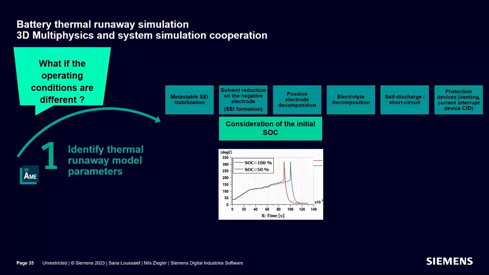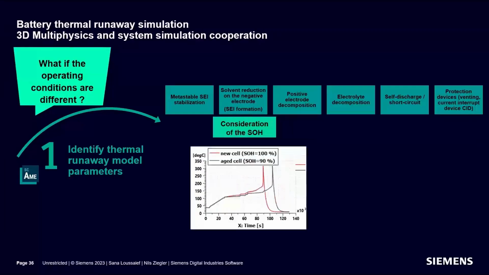I previously mentioned the thermal runaway dependency on the temperature and the reactants amount. But this is not the only operating condition considered here. Indeed, the model accounts for the initial state of charge, which has a strong impact on the 2 reaction rates over here. On top of that, the state of health of the cell is considered as well to predict thermal runaway. This is because the reaction here accounts for the solid electrolyte interface. This solid electrolyte interface is a passive layer created between the electrolyte and the anode, and it causes cell aging. Consequently, it affects the state of health of the cell.